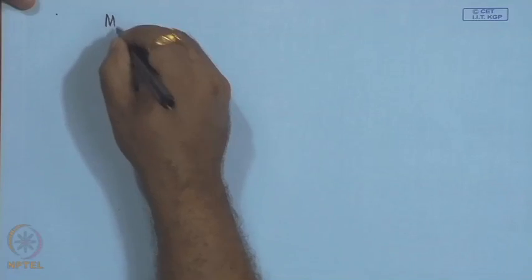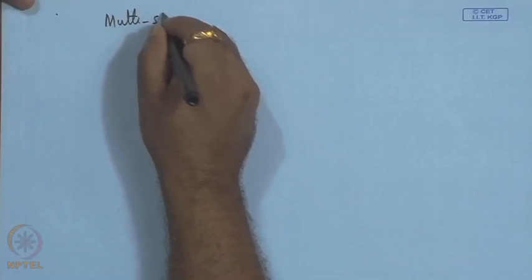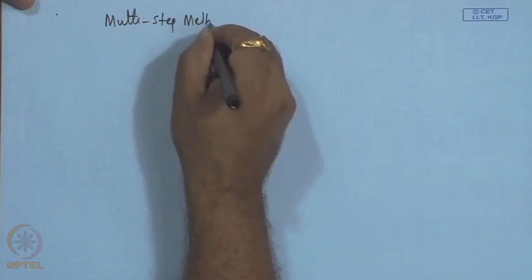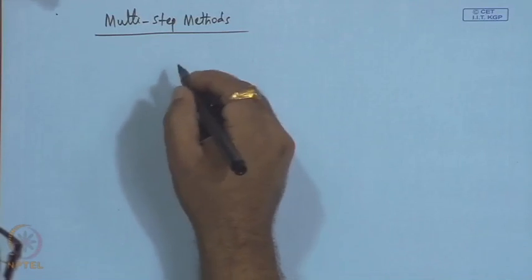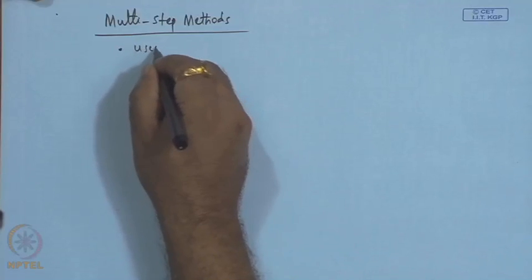As the name suggests, in a multi-step method, we could expect that instead of one past point, we need several past points. Further, these multi-step methods can be classified into different varieties. So, let us look into these multi-step methods. So, multi-step methods. What it does, this uses